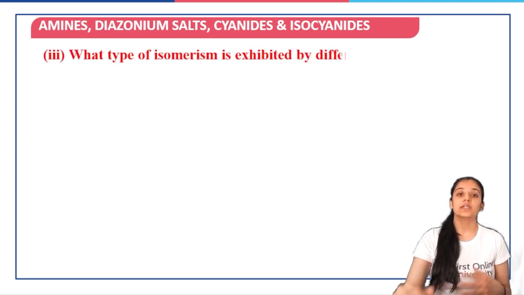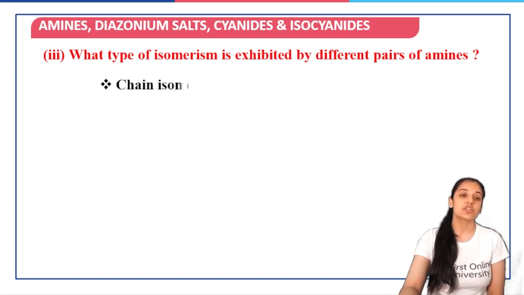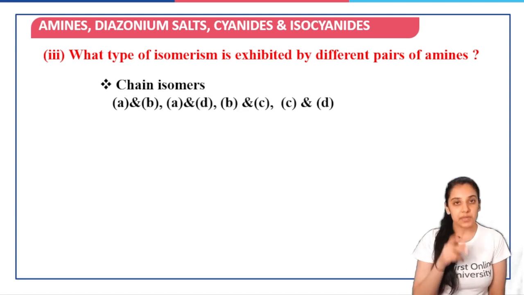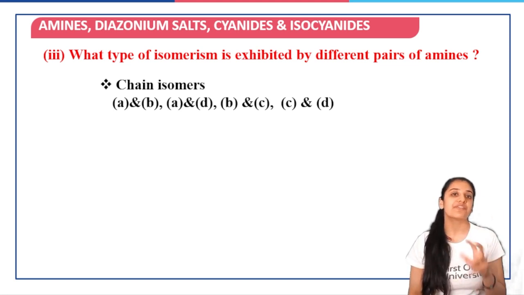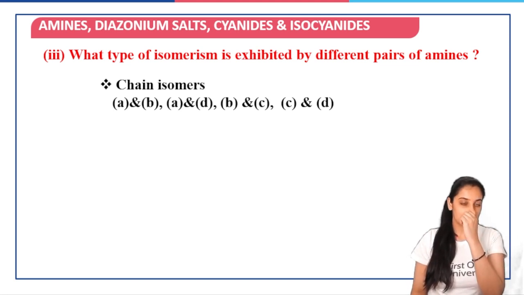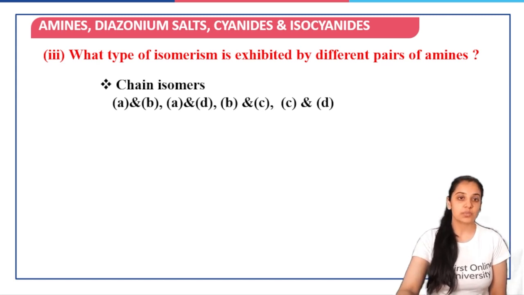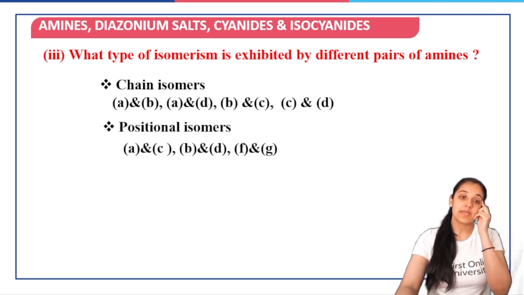Now, this was the answer to the first and the second part. The third part was which type of isomerism is exhibited by different pairs. So we have chain isomers exhibited by A and B. Go back to the structures, draw them, and then you can compare if you've correctly given the names of the isomers. So AB, AD, BC, and CD are chain isomers, that is differing in the length of the chain. Positional isomers are A and C, B and D, F and G, that is differing in the position of the functional